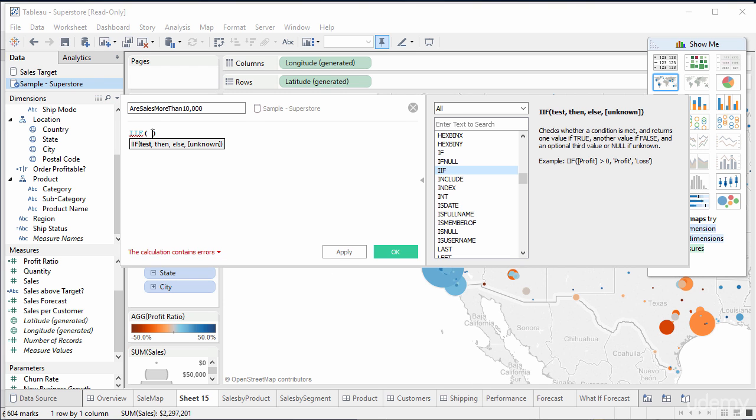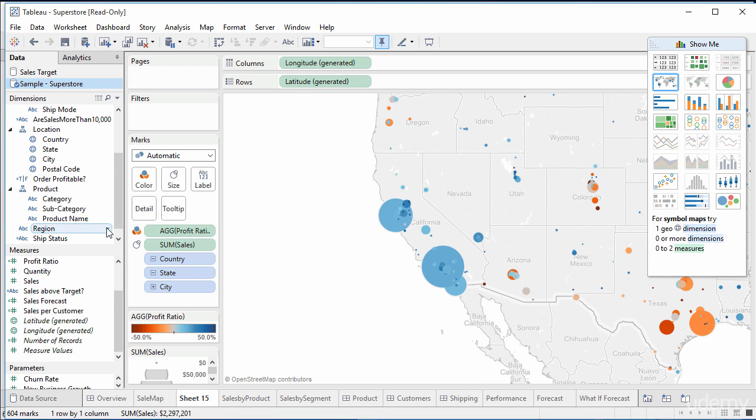Float in this particular context is a bit of a weird thing, because float to me says number, whereas you can see in the example on the right hand side that float could actually be a string. Anyway, if sales, and you notice we have this autocomplete, if sales is greater than 10,000, comma, single quotation mark y, or single quotation mark n. And you can see the calculation is valid. So if I click OK, we have,